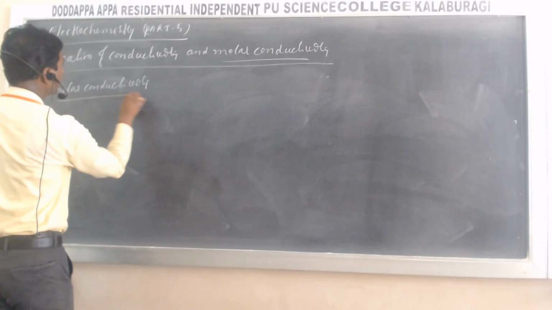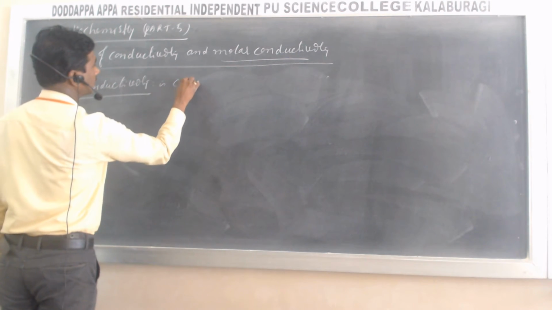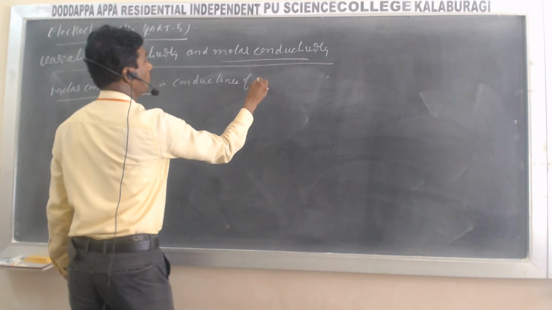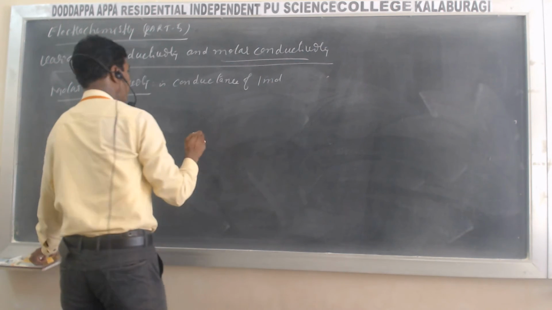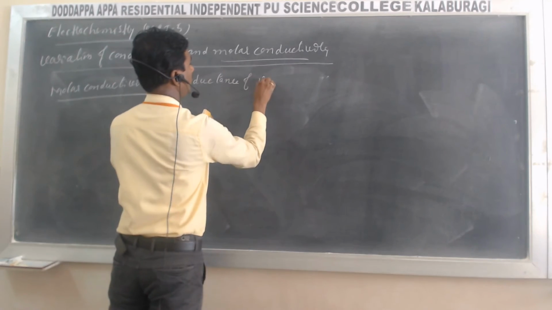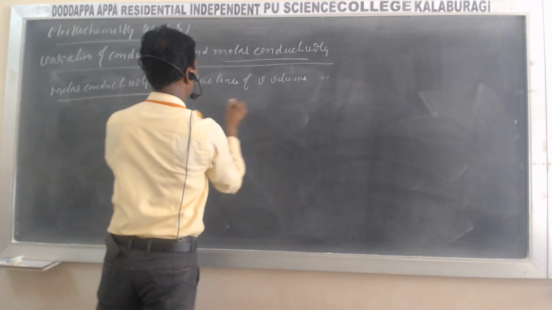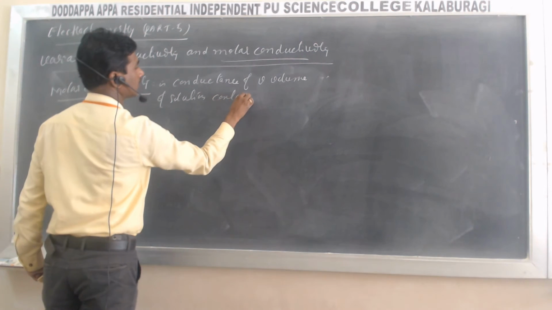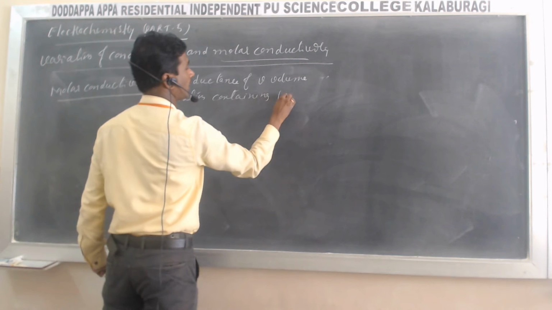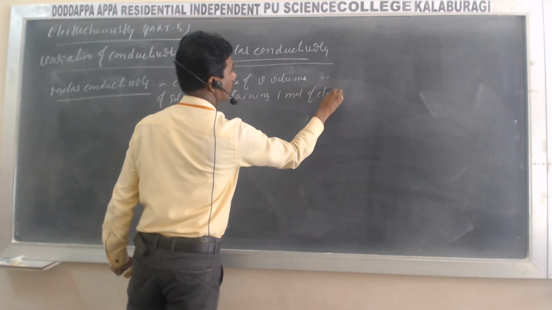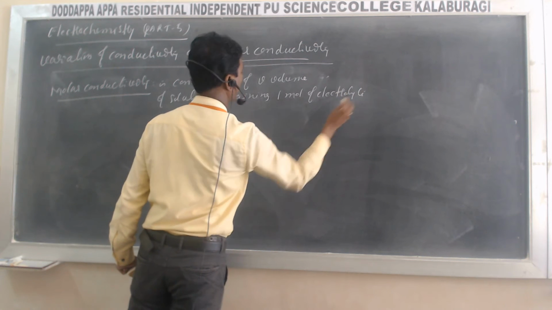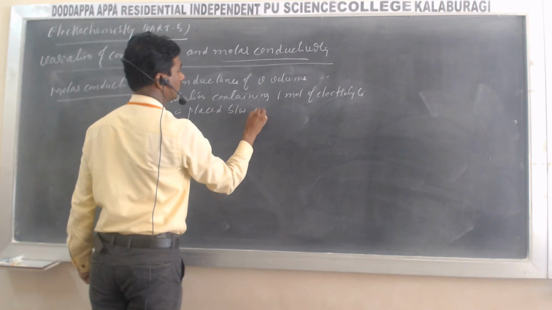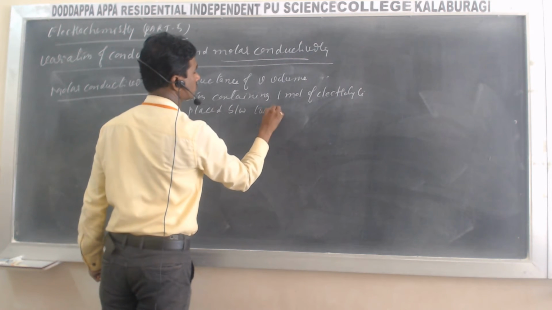Here molar conductivity is nothing but the conductance of V volume of solution containing 1 mole of electrolyte placed between 2 electrodes